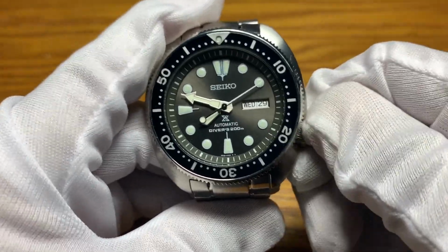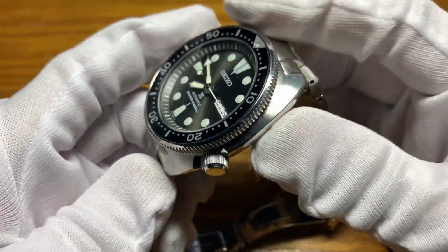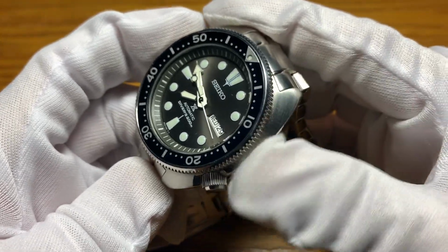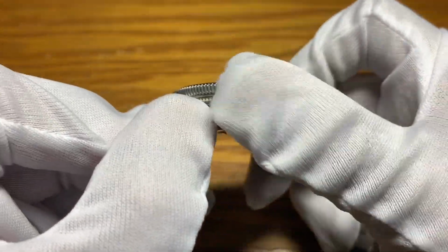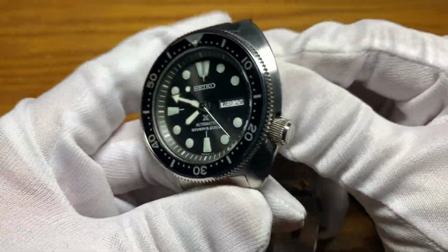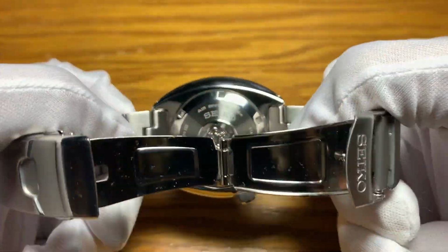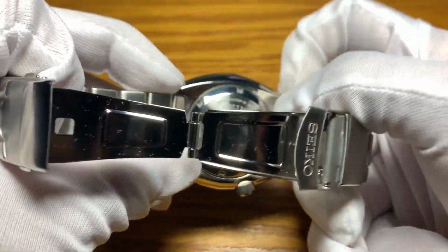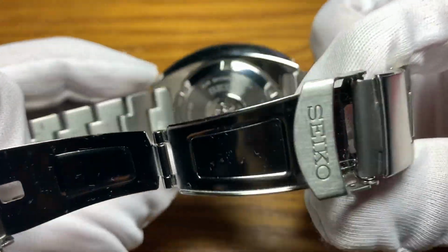All right, so about the finishing. Okay, so we have a really good brushed finishing on top. Okay, so high polish on the sides. Okay, crown's also polished. And at the back, you have polished back. On the center of the back case, you have basically